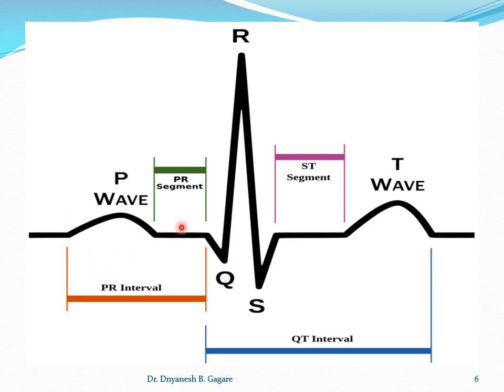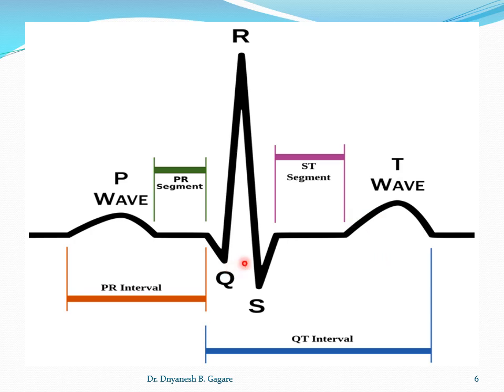So these are the very typical waves. The contour is typical, and its duration is typical. Okay, it is in proportion. If we see the duration of the R wave, it is less than the P wave. Then if you see the T wave, here it is a dome shape. Okay, so in this way, you have to draw it particularly. Label it: P wave, then PR segment, ST segment, PR interval, and QT interval. Okay, so here the diagram should be ideal. When you draw the diagram, it should be an ideal diagram.